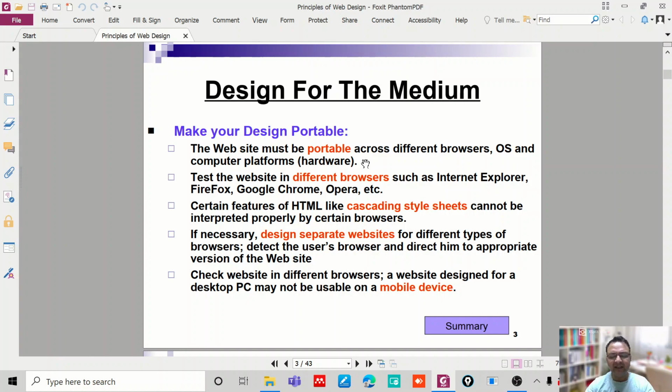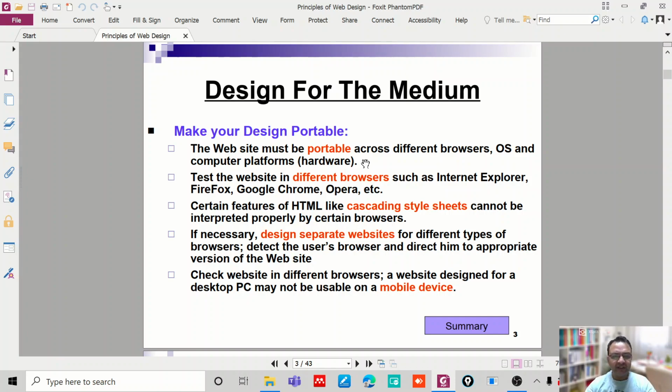So if necessary, we can design separate websites for different types of browsers and ask the user to choose the appropriate version of the website to view.